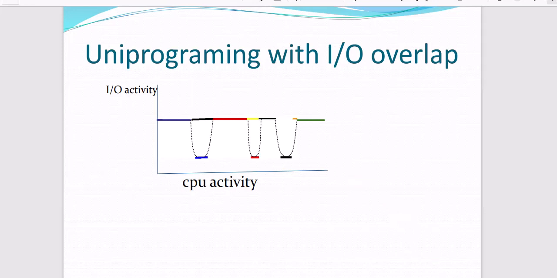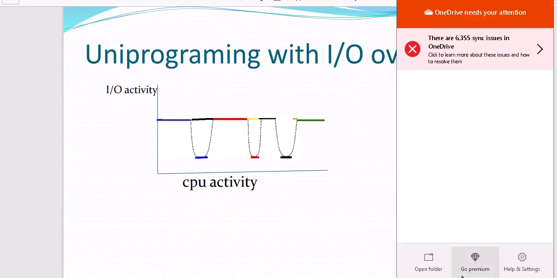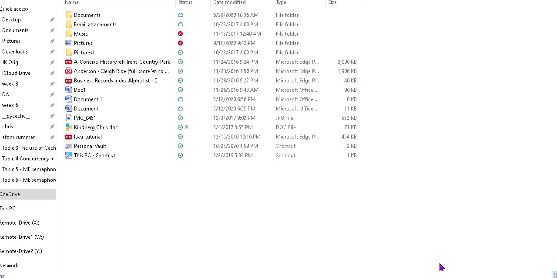Okay, so have a look at this and prepare for possibly one of the questions on your mid-term assessed coursework. Okay, I'm not quite sure what I'm